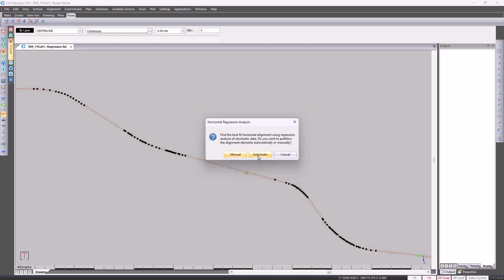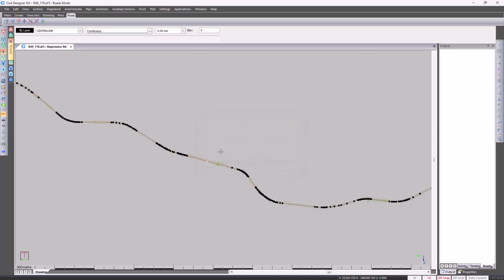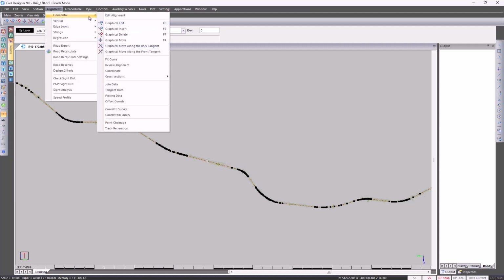With the automatic regression, if the source polyline is derived from a survey, as in our case, then Civil Designer can attempt to automatically partition the polyline vertices into linear and conical sections by using an auto-regression moving average statistical model. If successful, the result will be the closest fit horizontal alignment. If the source data is not suitable for this type of analysis, automatic partitioning will fail and you will be presented with alternatives. Click on the automatic function, and to look at the result, I go back to alignment, horizontal,